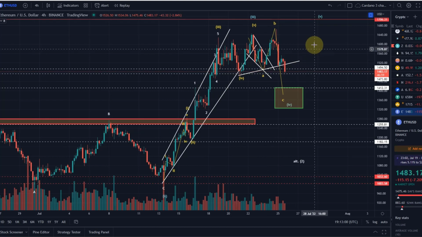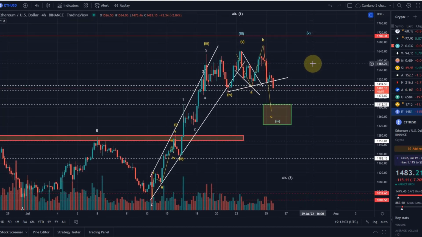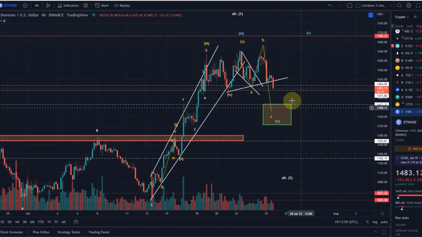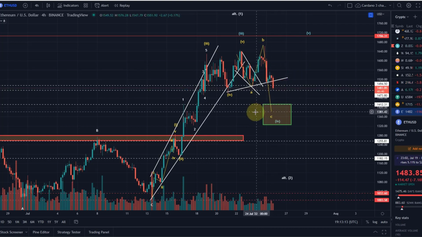So what we on the Ethereum chart are currently waiting for is finally to reach my green target area here. That so far hasn't been reached yet, but I think we are on a good way. It's still outstanding. I think I mentioned that target area already when we were here on the 21st of